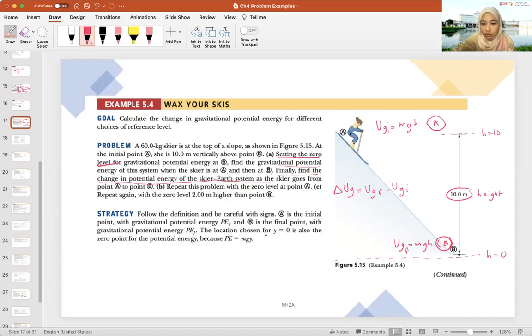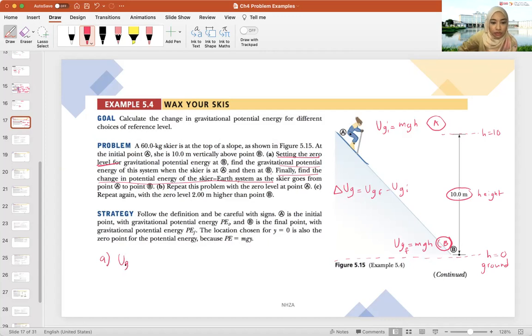The location chosen for y equals 0 is also the 0 point for potential energy, because PE is mgy. So whatever point we use as our reference, in this case our ground, the potential energy will be 0, because mgh, when h is 0, therefore our UG is also 0. So number A,